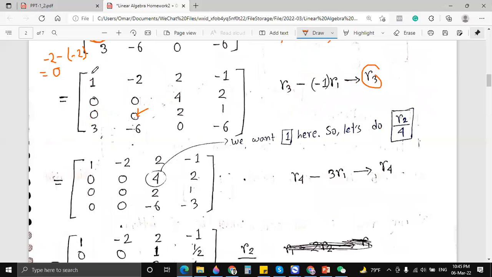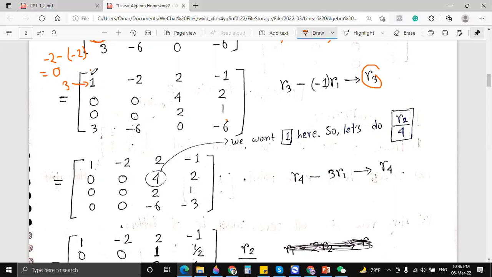If you look at the pivot points, the second pivot point will be here, the third pivot point will be here, and the fourth pivot point will be here. But for now we need all the numbers below the first pivot point to be 0, but we only get two 0s. So we have to convert these 3 to 0 also. Let's see how we can convert them. If I multiply the first row by 3, I will get